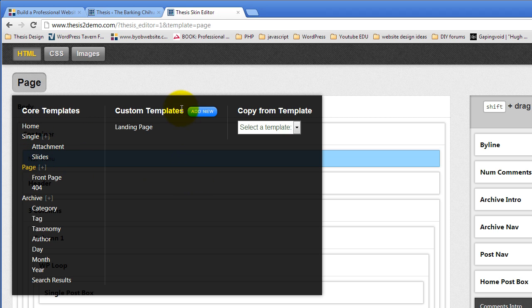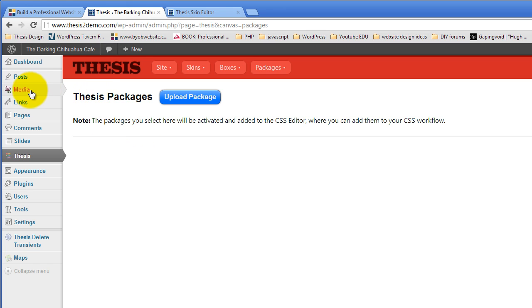And then you have the ability to create custom templates. So this skin comes with a landing page template, but anytime you wanted a different page layout, you could click Add New, create a new template, and then from every post, page, taxonomy, category, you can select a custom template to use. So, just so that you can see what I'm talking about here, if we come on